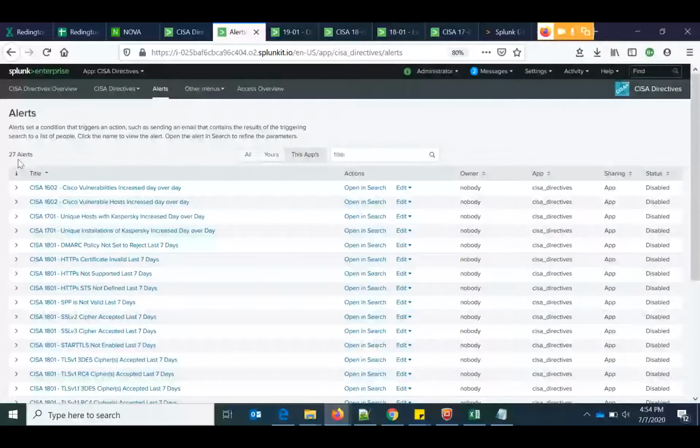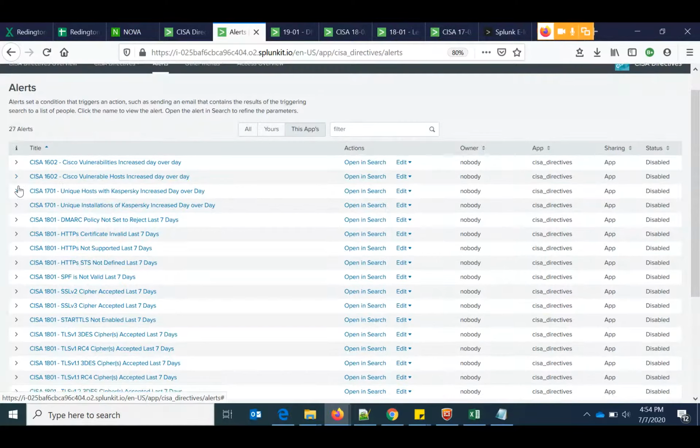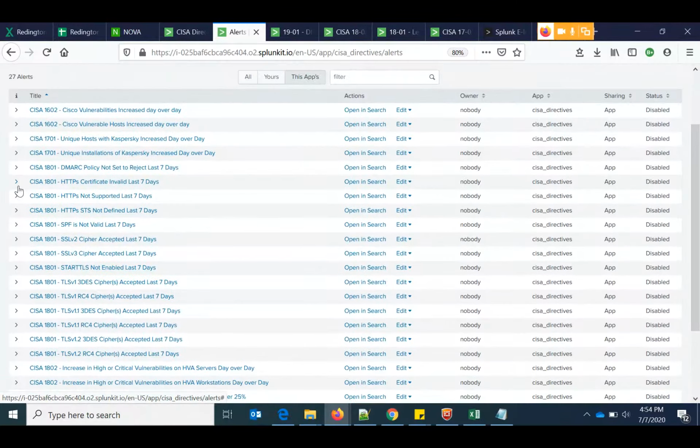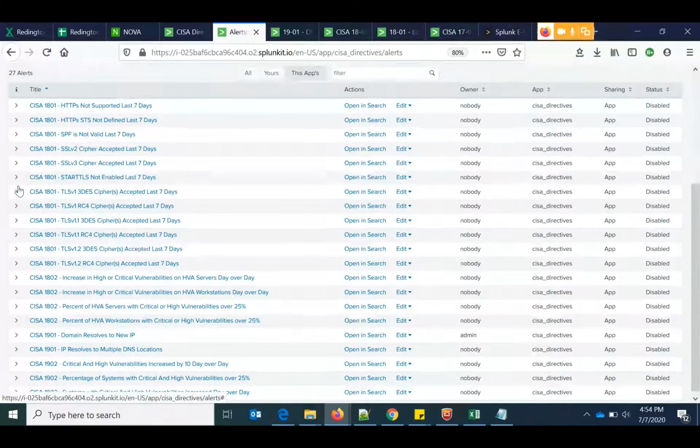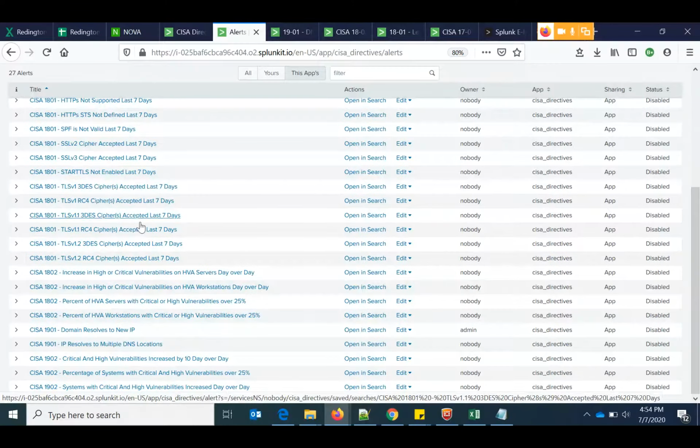Now these alerts detect both undesirable trends, such as an increased number of vulnerabilities, and day-over-day changes indicating unapproved configurations have occurred or increased. So all those use cases are configured in the form of an alert,